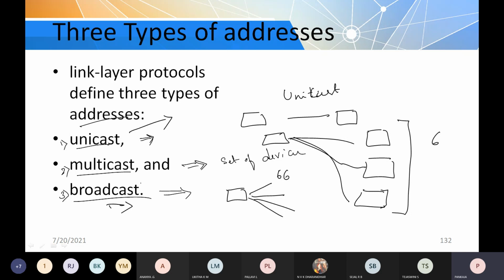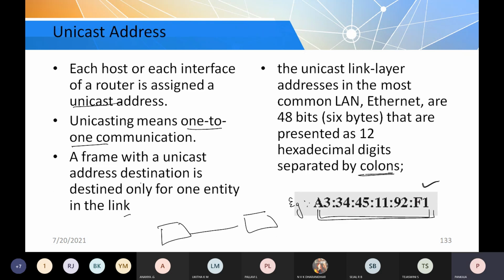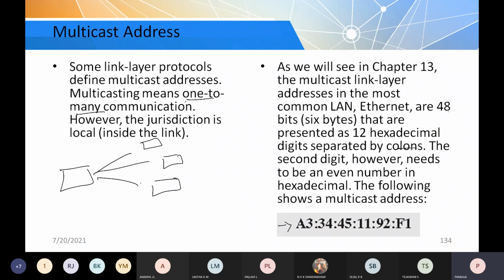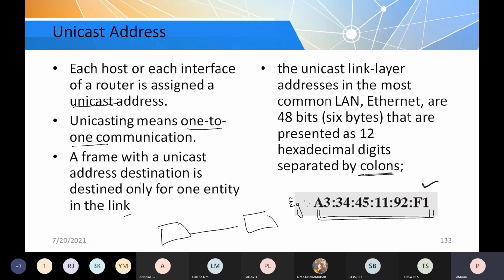So like this, the different types of addresses are classified. This is done at the link layer. I have also specified the address notation, that is a 48-bit hexadecimal number. It is used to represent unicast and multicast. Here the address is going to be unique. Only the particular address you take, you send the information to that address. This is not an IP address. This is an example of a physical address, or we can call it a MAC address.